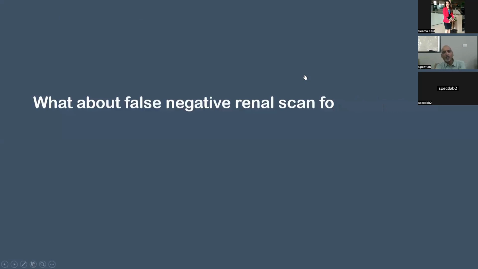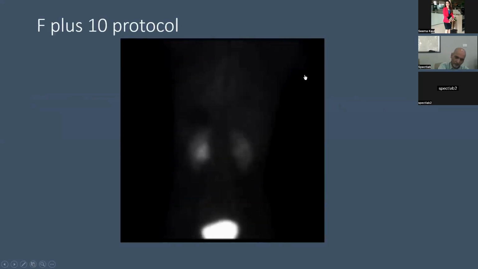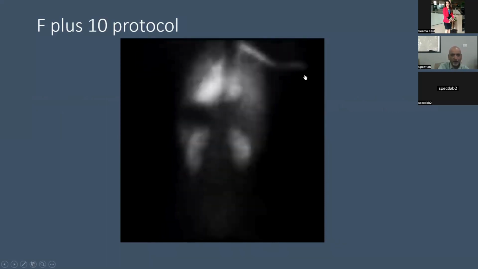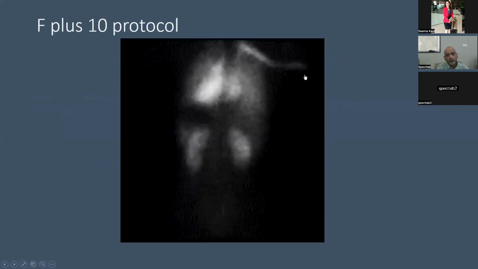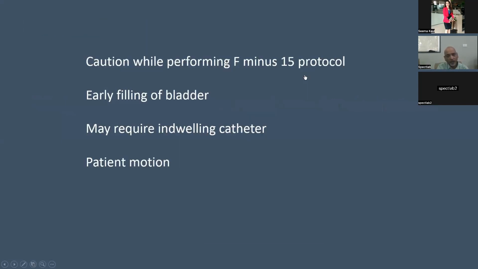What about false negative renal scan for obstruction? Now, this patient was referred by a urologist saying the patient has typical ureteric colic, and we did a renal scan. He said it's a normal scan. But the urologist said, I can't believe this is a normal scan. The patient has a very typical case. I said, PUJ could be a dynamic obstruction, and let us repeat the scan using what is called an